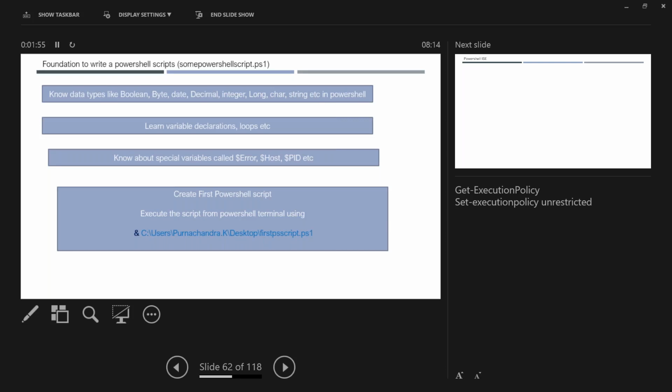So let us say I want to work with some IIS settings. I want to create some IIS website right from my script. So you need to know the commands, right? How to write a script, how to declare a variable, meaning taking the IIS website name or the server name and keeping it in some variable, because you need to use it in later code lines.